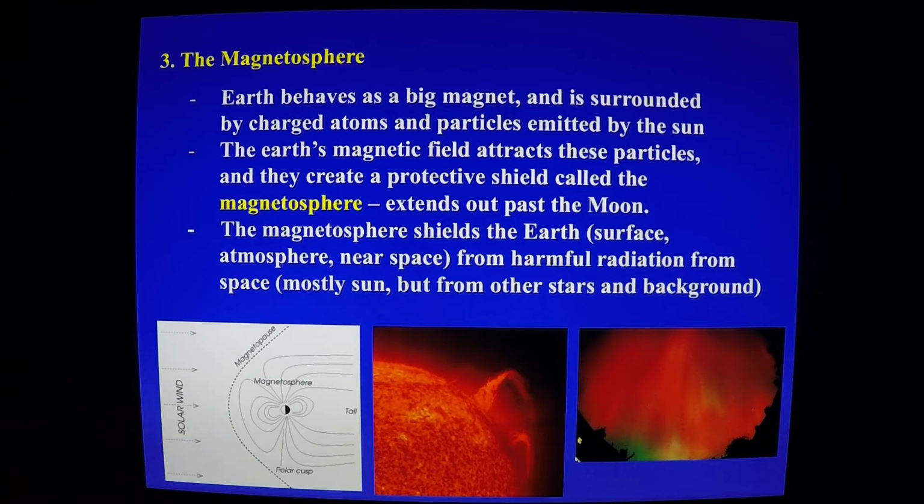But I'm guessing a lot of you have actually seen the northern lights before. That's really the only visible telltale sign from Earth that we have a magnetosphere. So why am I even talking about this magnetosphere? It's up there, it's protecting us. Yeah, that's all great. Well, it's kind of interesting, and I don't know who first discovered this, but it's really